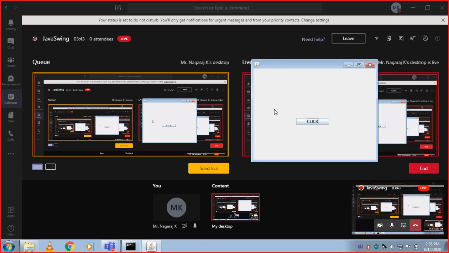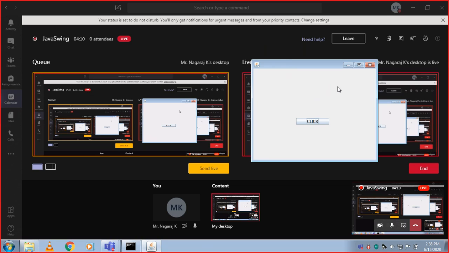So very simply, a component is an independent visual control, just like a button here, and a container is the one which will be holding multiple components, and one container can be a component for another container.